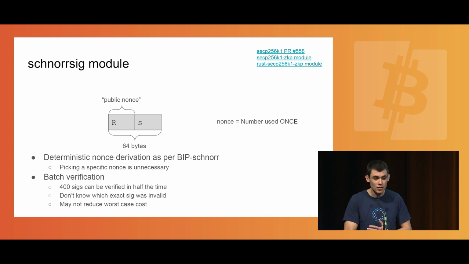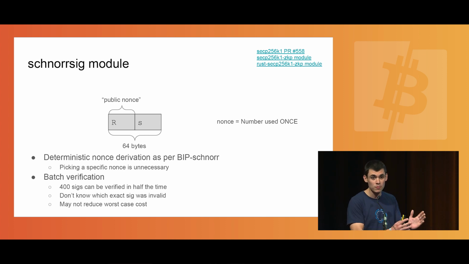A Schnorr signature is 64 bytes, consisting of two elements. One is an encoding of a point, 32 bytes, and the other one is just a number. The point is usually called R, and the number is usually called S. And R is also known as the public nonce. This has many implications for security, because a nonce is called a nonce because it's a number supposed to be only used once. So this isn't a problem at all if you just use Schnorr-sig in a regular way, where you just create a signature and you verify a signature, which has nothing to do with this. So this is only about signing.